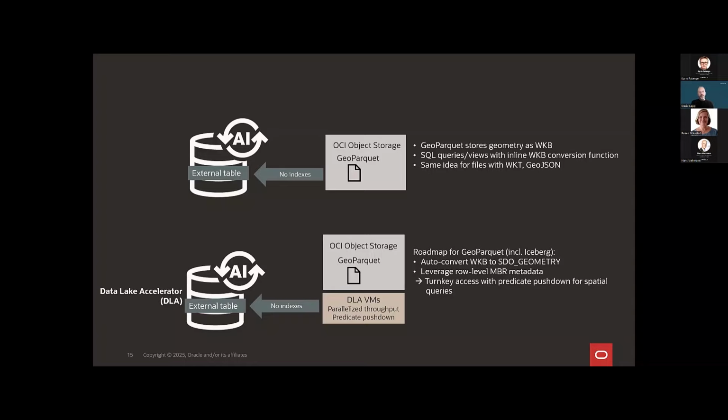Now you'll notice when I've got that arrow going from the object storage to the database, it says no indexes, and I highlight that because it's an important consideration. Oracle supports external tables. So again, defining a table against data that lives in files, very powerful, but you can't create an Oracle index on an external table. So that's just a blanket limitation. That's not a spatial limitation. So that means we'll be able to access this data right now, but we're not indexing it. And so when it comes to performance,